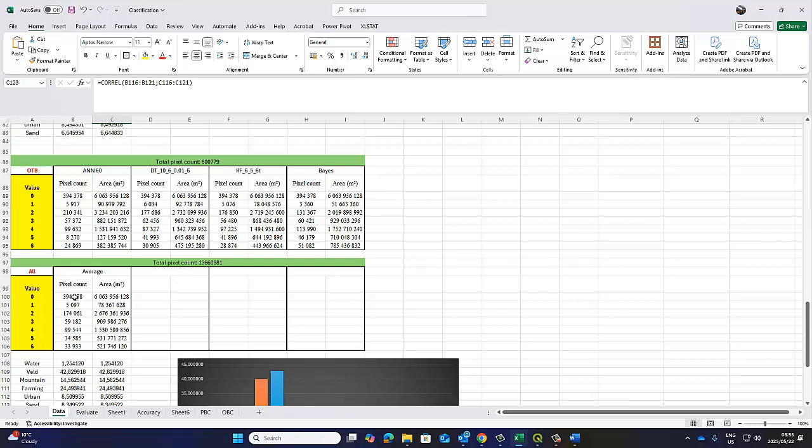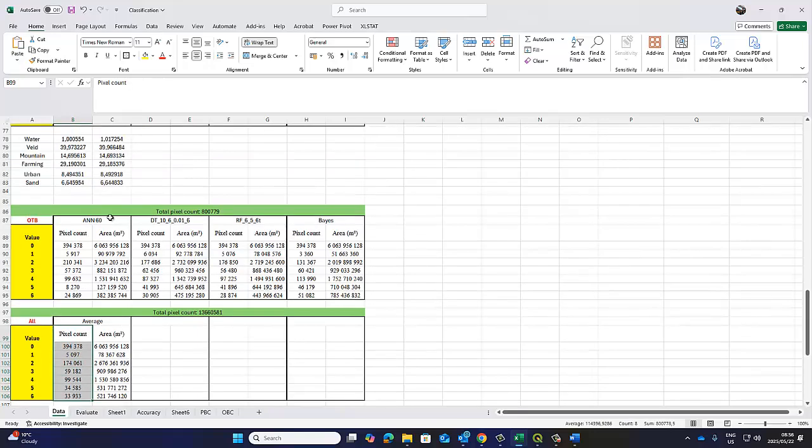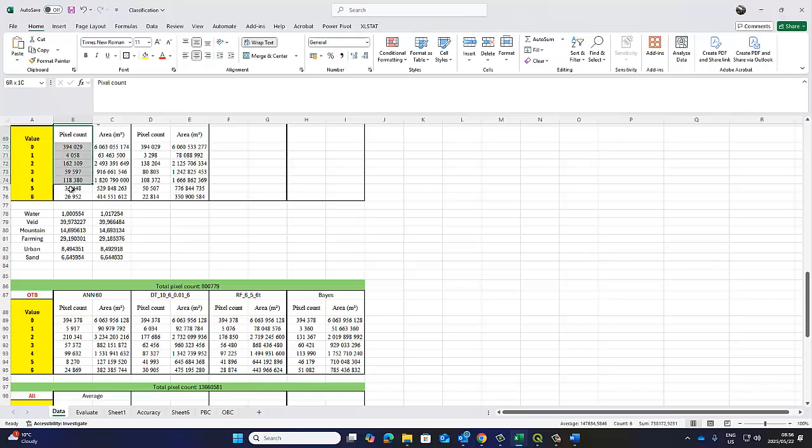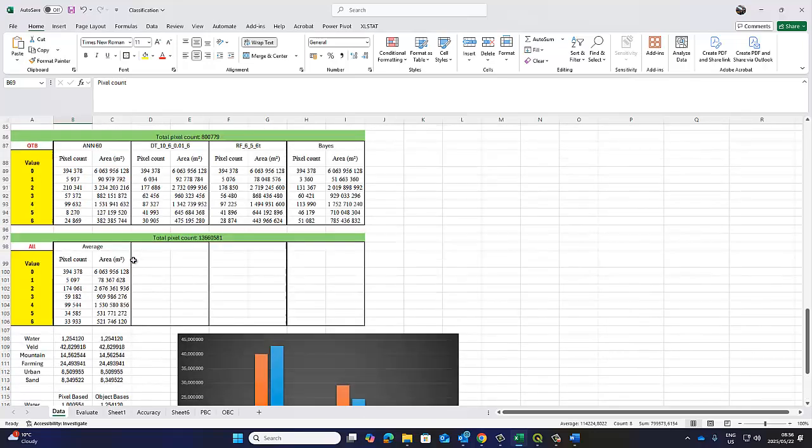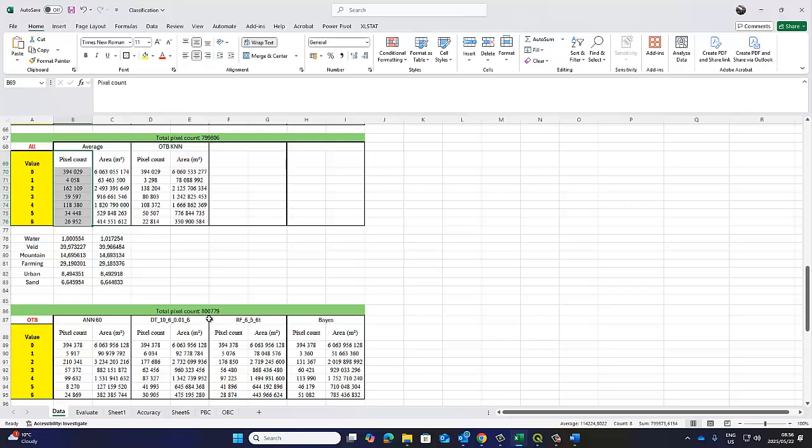Now, again, this is averages, so it cancels the outliers, etc. That's what I'm saying. Theoretically, the average should be the most accurate image classification. Okay, but so we can now obviously compare each of the individual